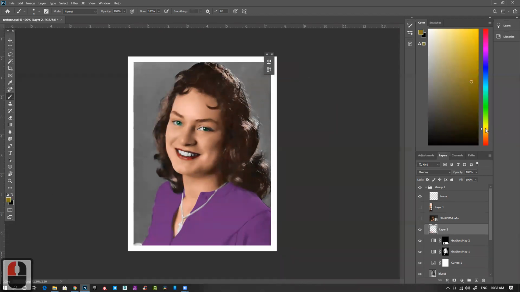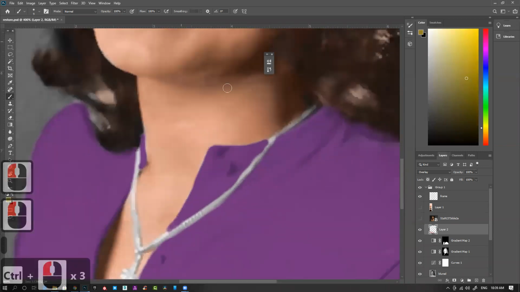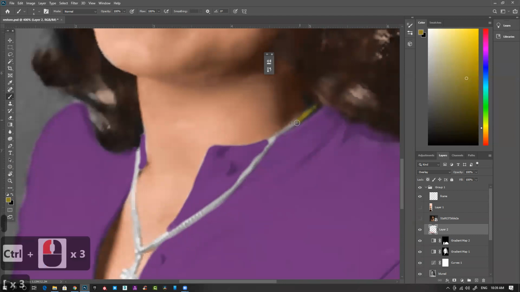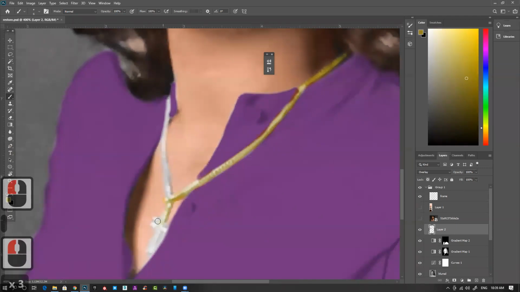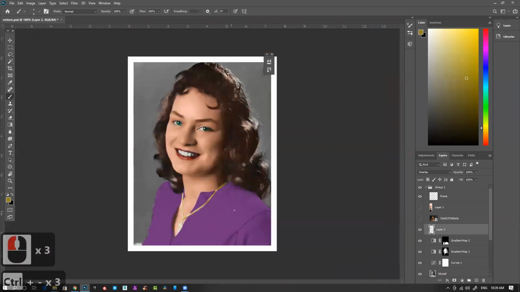Go to this and let's paint something a bit more gold. I can paint gold, I can darken it, I can lighten it, and all these color tones are coming from this particular layer.